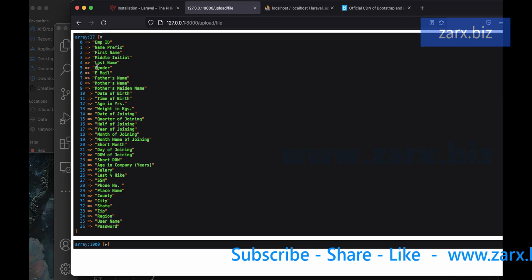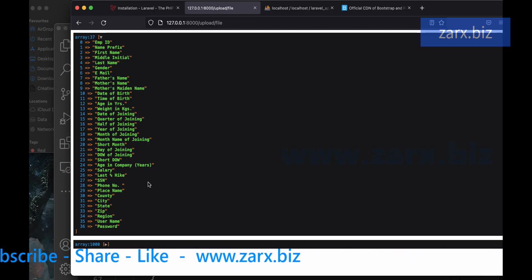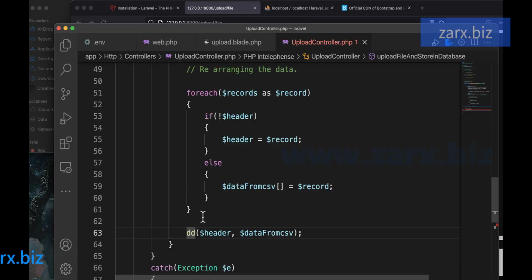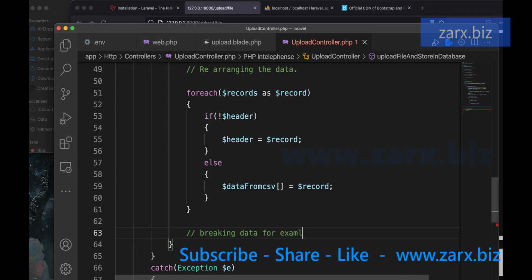And also this is this 1000 records that we will be processing. So I want to do it at every single time when we process 300 records each time. You can set any number of records, but to make less pressure on your code, we can do something like this. We can use chunking here. So let's see how we can use it. So simply I'm gonna remove this. I'm gonna say here breaking data. For example,